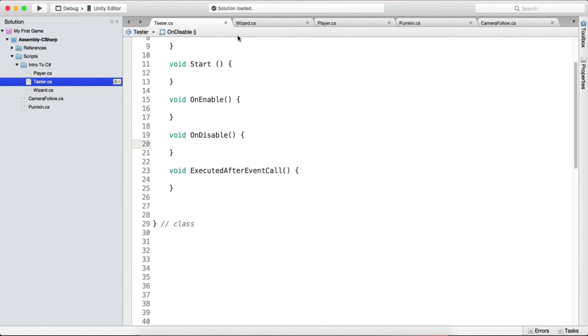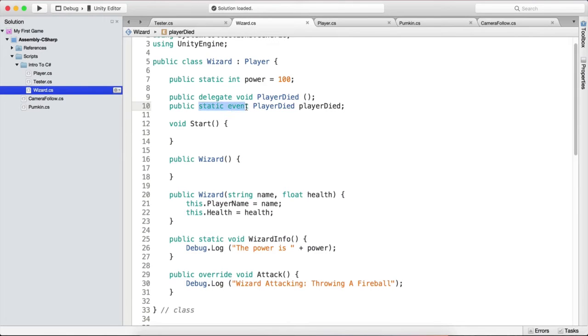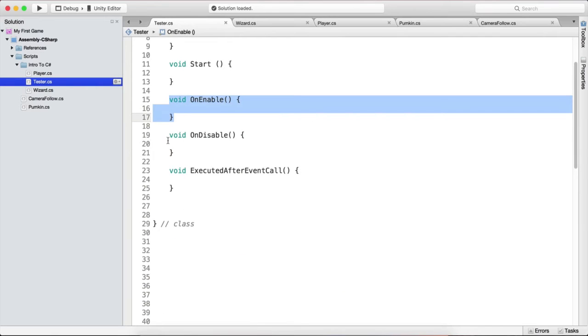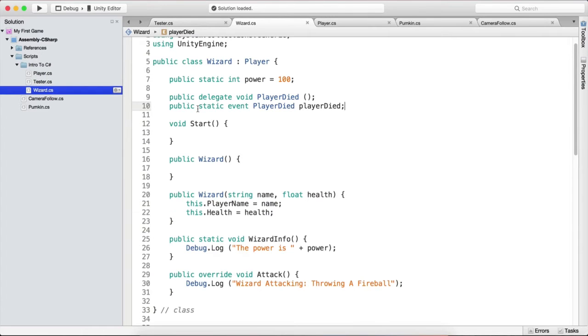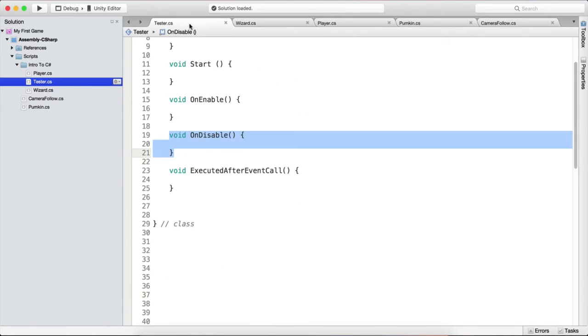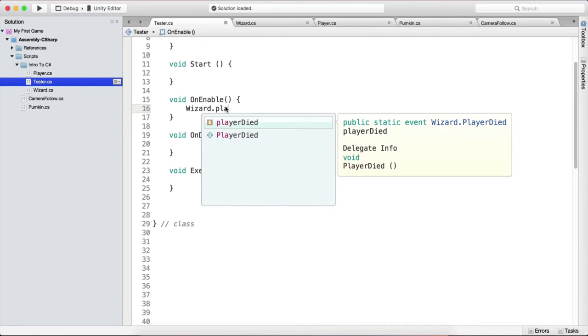Well, because the best functions to subscribe and unsubscribe to an event from a delegate are OnEnable and OnDisable. Now, how can we subscribe? Well, since I've made the event static, we can access it by calling the Wizard dot variable name, and the variable name is PlayerDied. So we can access this event by using Wizard.PlayerDied. So going back here in OnEnable, because we want to subscribe to that event when the game starts, we are going to call Wizard.PlayerDied, and here it is, public static event PlayerDied, and we see it here